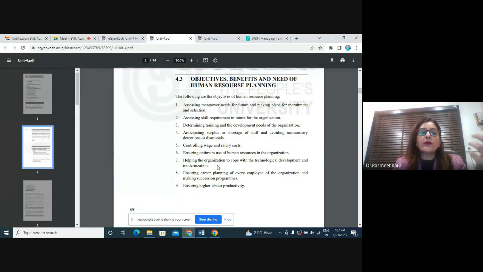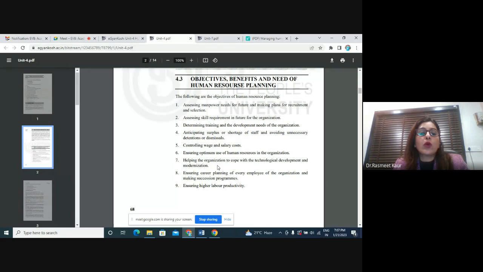To list a few, I would say first and very important is to do an assessment regarding the manpower need. We have already discussed this part yesterday, where I said if you have manpower working with you, you would like to know whether you have manpower in excess, or there's a shortage of human resource. So to do this future analysis, to make plans for future, you go for HR planning, because that helps you make plans even for the recruitments, selections, and retrenchments.